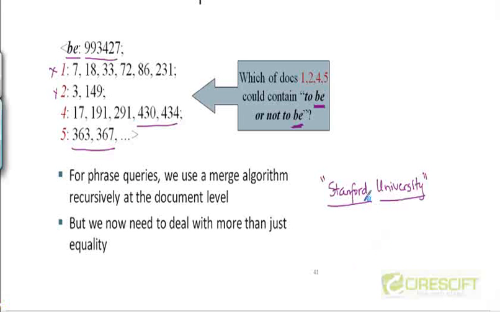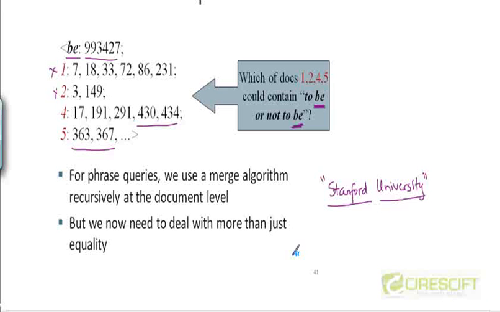So what we will do is follow a similar procedure to the standard inverted index. We will look at the word Stanford in the dictionary, we will look at the word university in the dictionary, get the postings lists for both these terms,